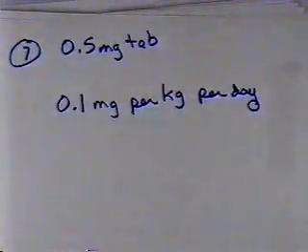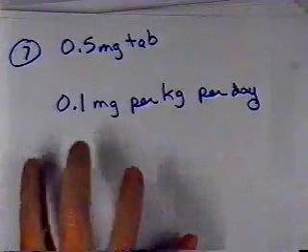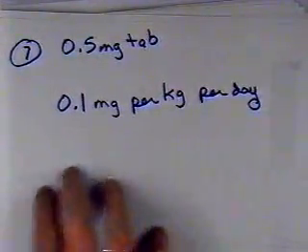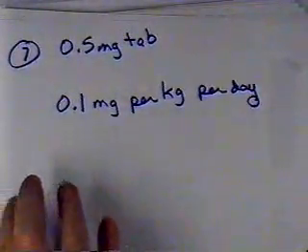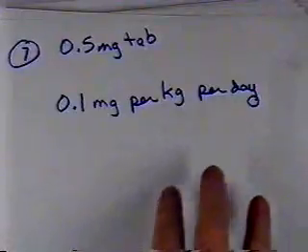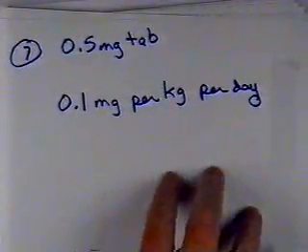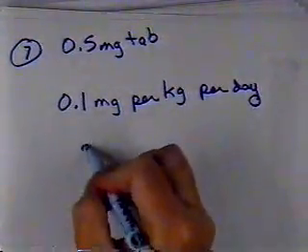per day. This means this medicine, you don't give the same amount of medicine to every adult. You give a different amount of medicine depending upon the weight. So you would not give the same amount of medicine to a person who weighs 100 pounds and a person who weighs 170 pounds. We have to figure out for each individual how much dose they would get. I call these per problems,